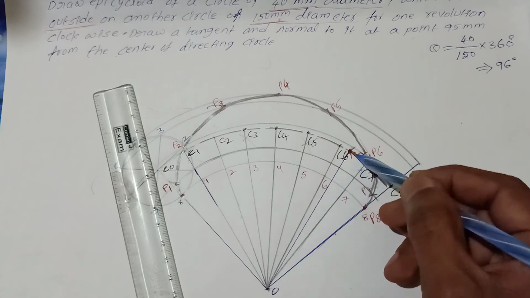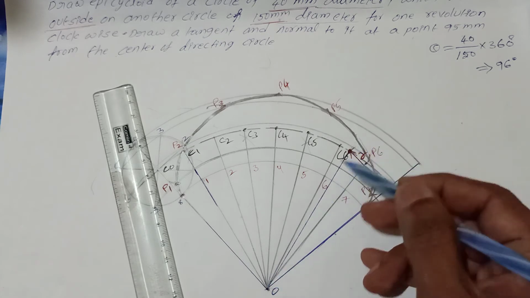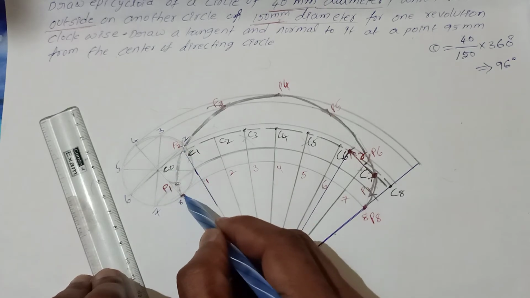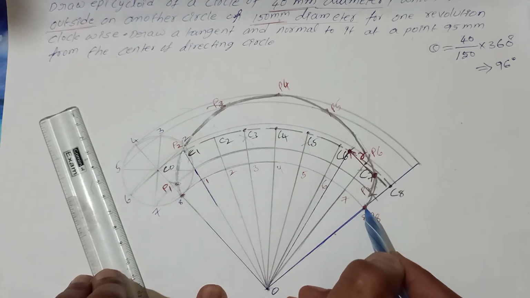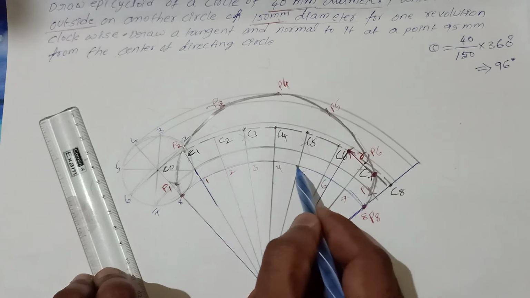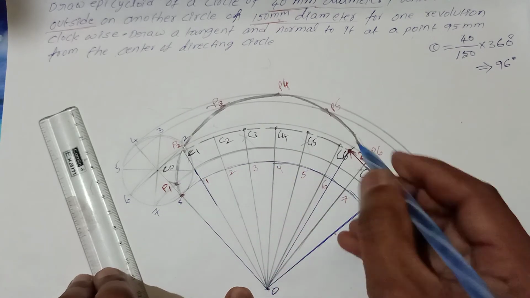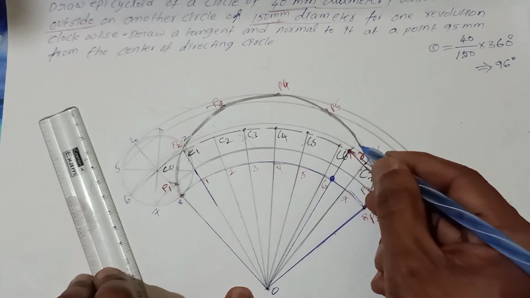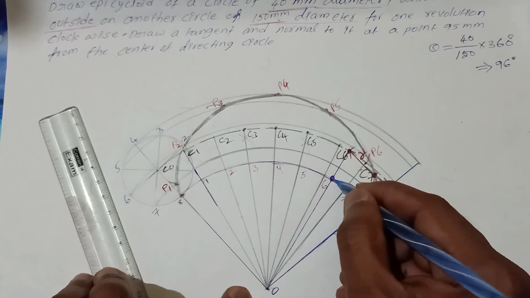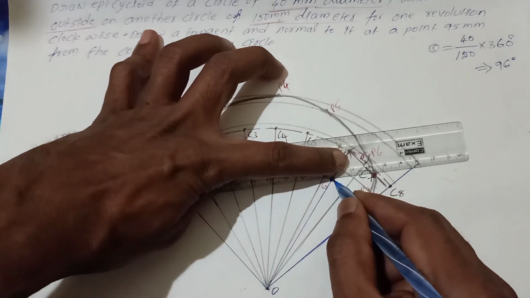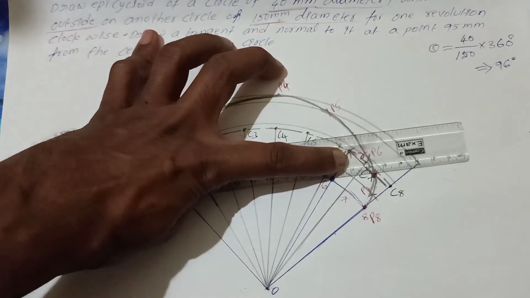If you join these 2 points on the base, actually for this circle what is the base? This sector is the base, and on this base only it is rolling. On the base curve you will get one intersecting point here. If you join this base point and the indicated point, you will get the